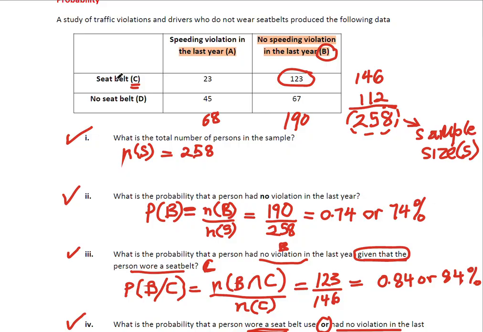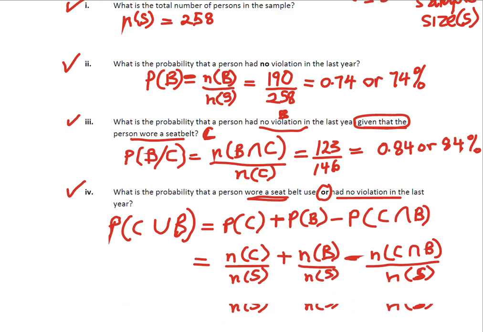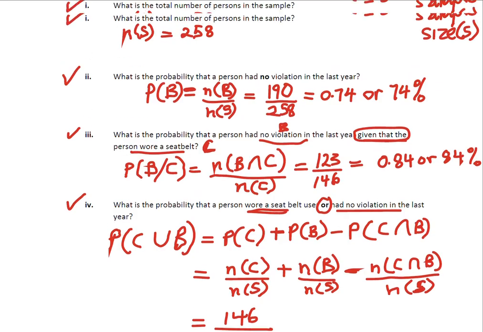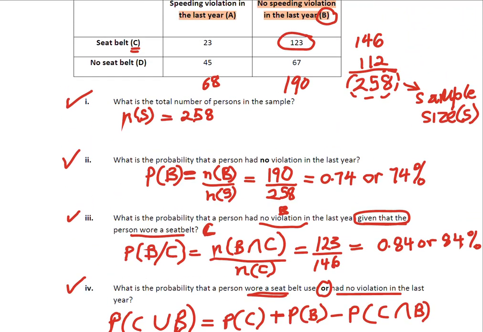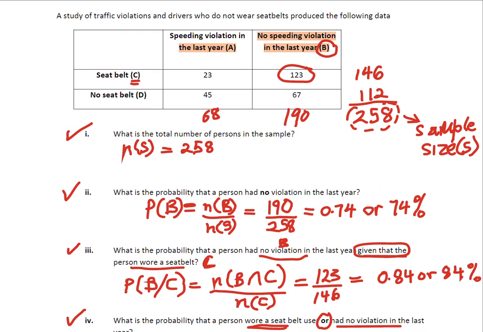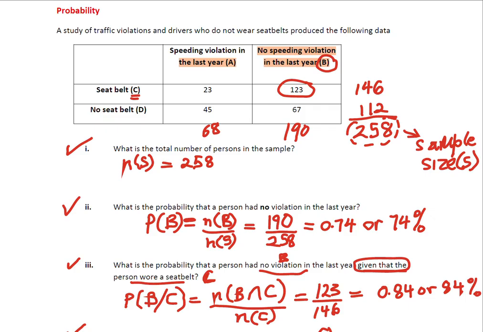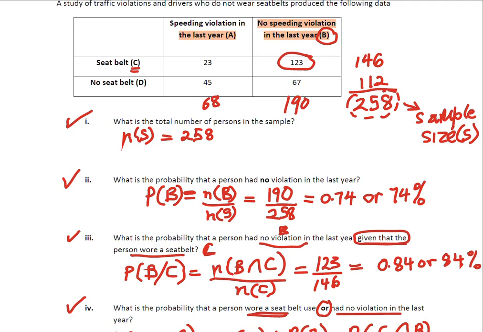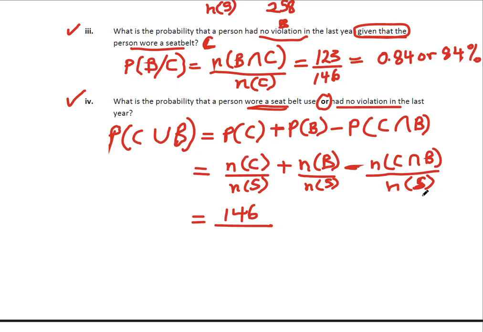So how many persons wore a seatbelt here? It's 146 in total. And that's the figure that we need here. 146 persons wore a seatbelt divided by the total number of observations in the entire sample space, which is this 258. As I indicated, when you're working problems from tables like these, you're always going to be dividing by the total sample space unless you're calculating conditional probability as exemplified in number 3. So this will be 146 divided by 258